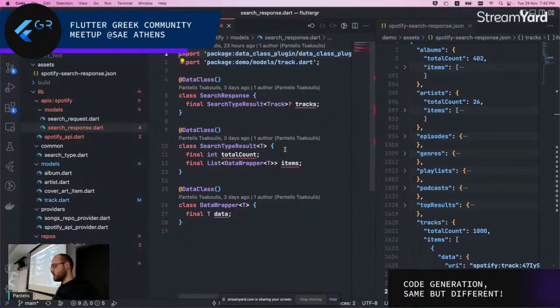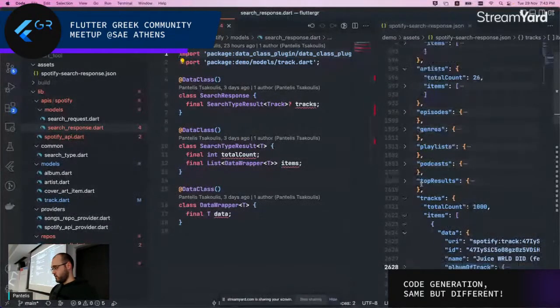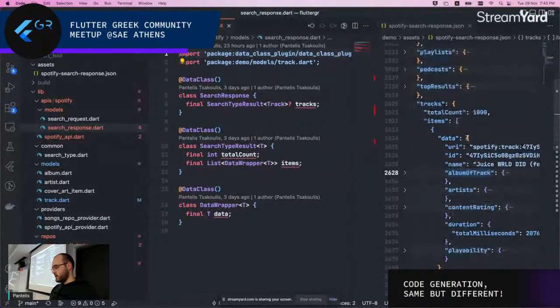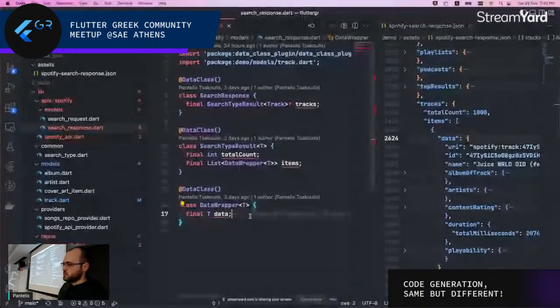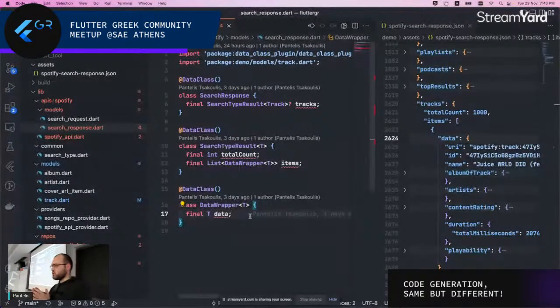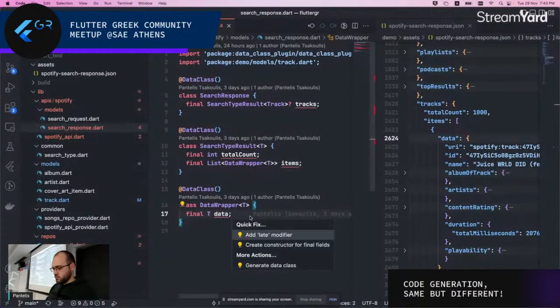How we can do that is we can use generic types. That needs a bit of thinking on how you structure the data. So we want this data key that has the data object. We want this to be wrapped with a generic type. So we create a simple class that holds only this data, right? Nothing more. So if we generate the code now,